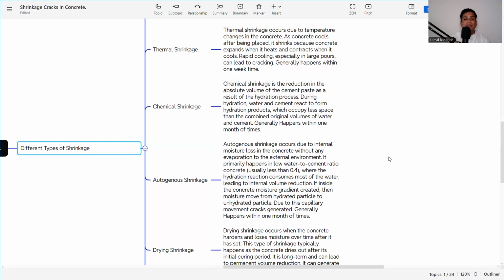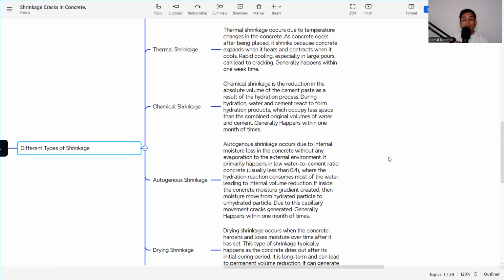Then comes chemical and autogenous shrinkage. They are more or less the same, or they occur within the same time. So what is chemical shrinkage? Chemical shrinkage is the reduction in the absolute volume of the cement paste as a result of the hydration process. So what is happening in the cement? There are C3S, C2S, C3A, and C4AF. There are different chemical compounds inside the cement, and whenever we add water to the cement,